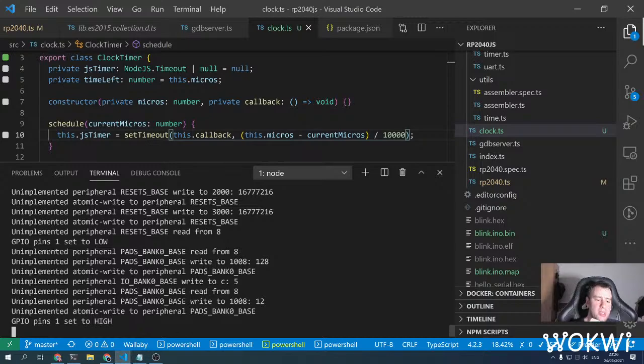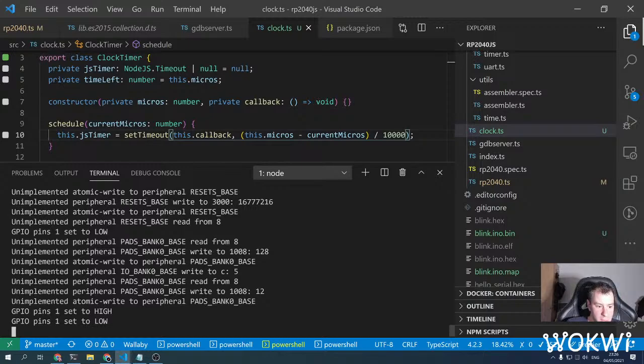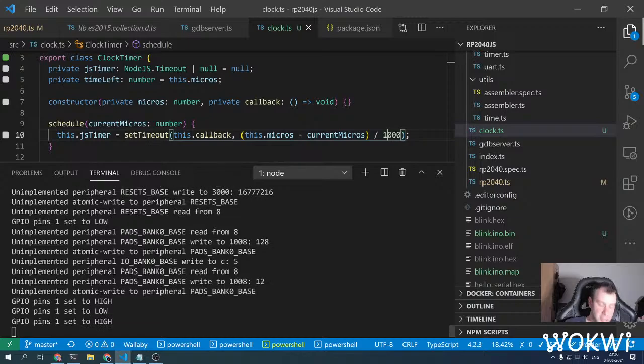I can't really tell what the problem is right now. Oh, it works, it's just really slow. You see, now delay passed, and for some reason it works, but it's super slow. Now when we divided it by 10, it eventually decided to switch from low to high, but